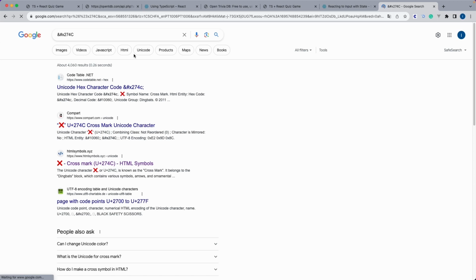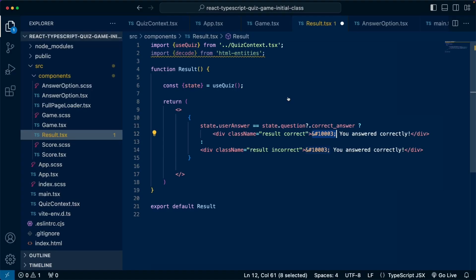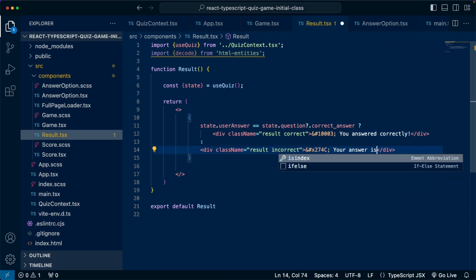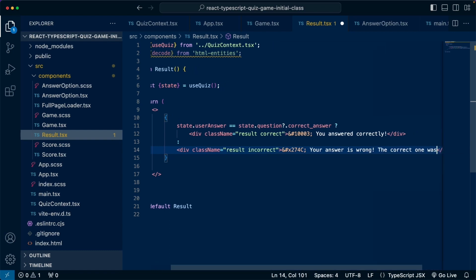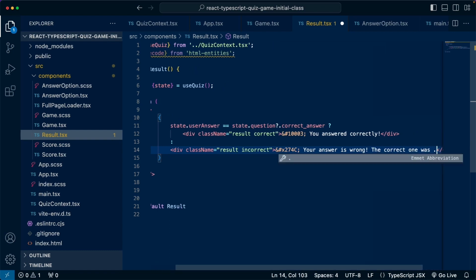So as you can see, this is the symbol for the red X. So let's use that in our code. So instead of showing the green check mark, let's show the X and let's show "Your answer is wrong. The correct one was,"